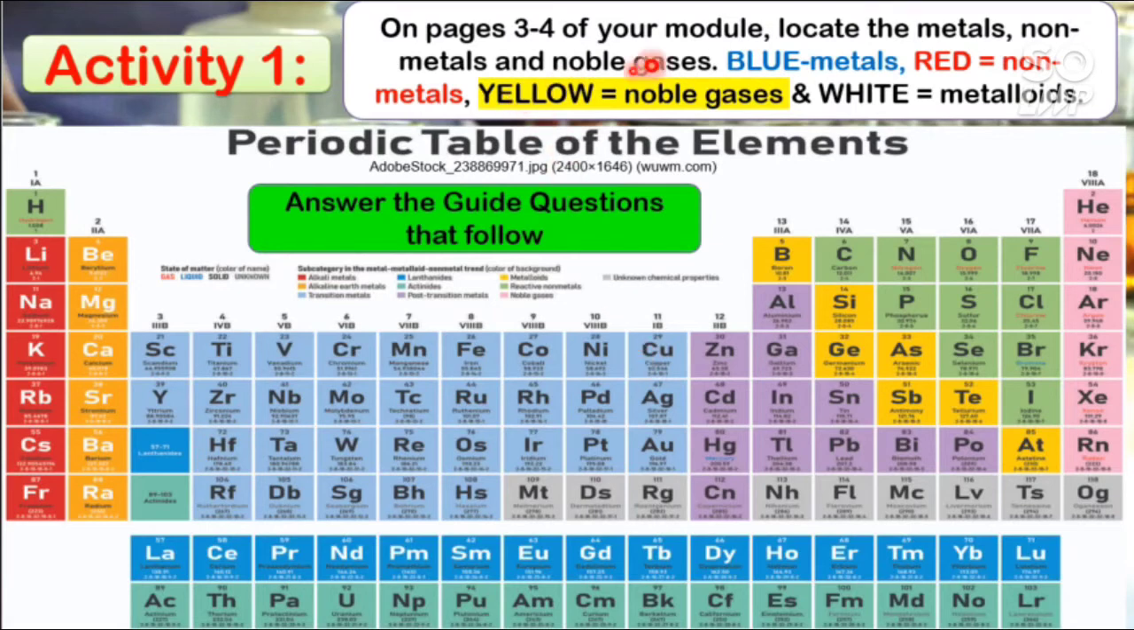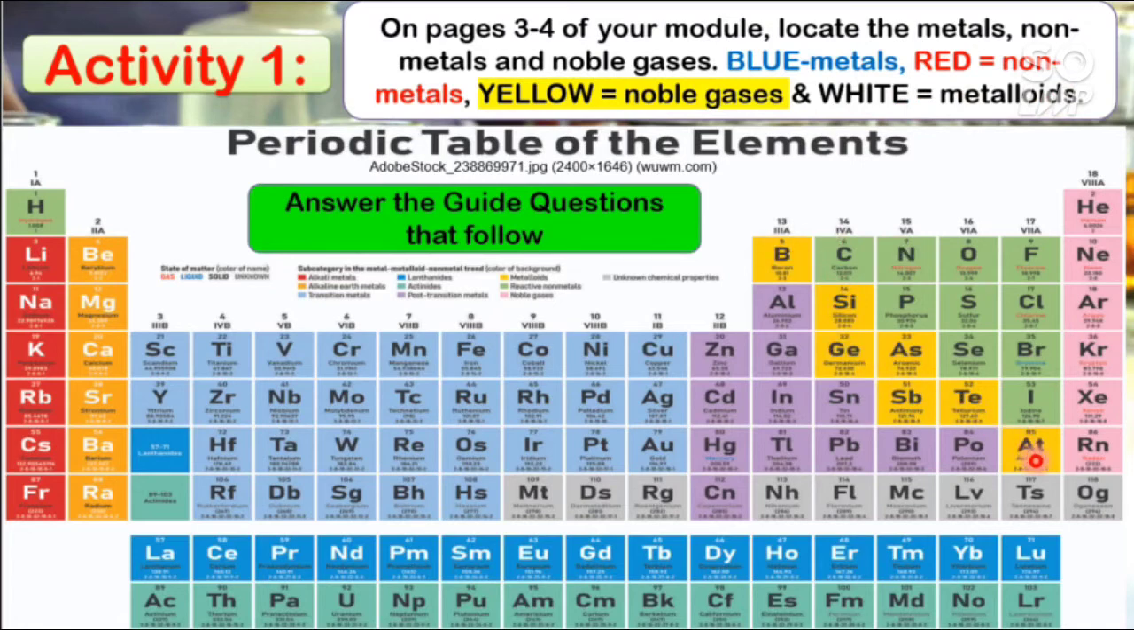You have to follow the color coding on activity 1 of your module, which says that noble gases should be yellow. The metal should be blue. The red one belongs to the non-metals. How about the metalloids? The metalloids are this one,